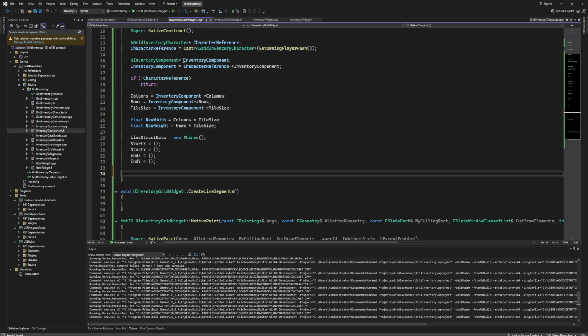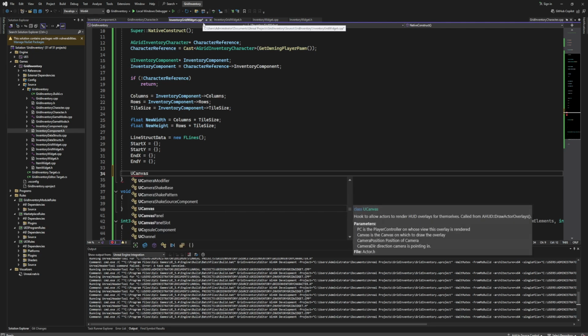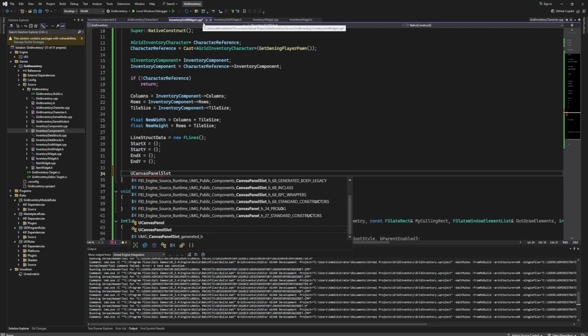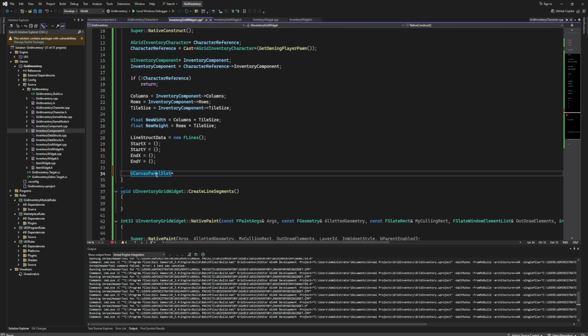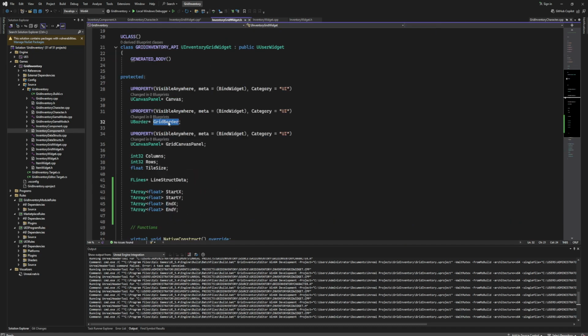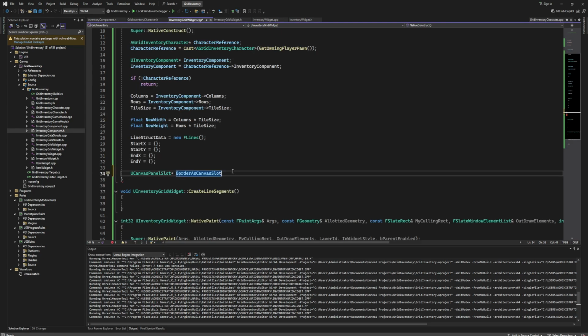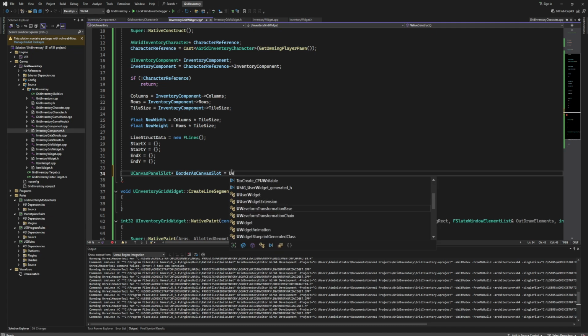So just go to your .cpp file, and we need to specify a variable that will be of a type uCanvas panel slot. And we are going to name it border as canvas slot, because as I said, we are going to slot this grid border as a canvas slot, and we are going to type equals u widget layout library,